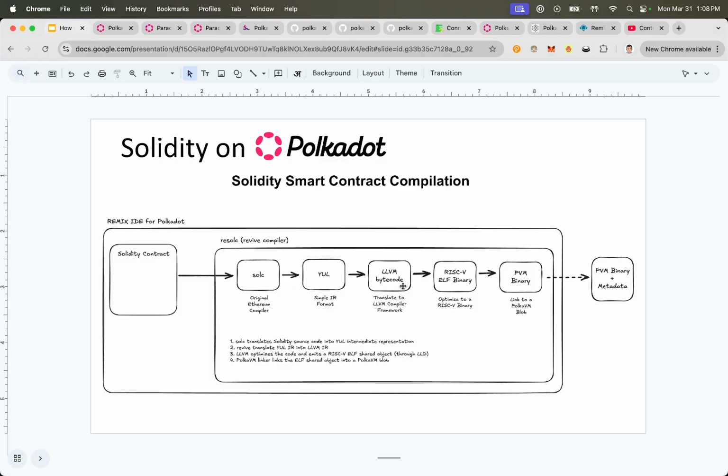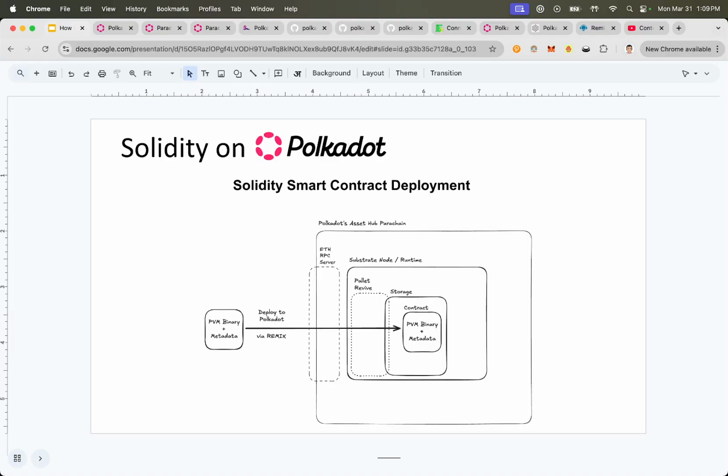From there, once we have the LLVM, it can optimize the code and emit a RISC-V ELF binary, right? So then we get that RISC-V version of the smart contract, and from there we use a PolkaVM linker to actually get our PVM blob or PVM binary. Okay. So that's the process your Solidity smart contract goes through, so that at the end of the day, you can get that PVM binary along with the metadata so that you can deploy to your chain,